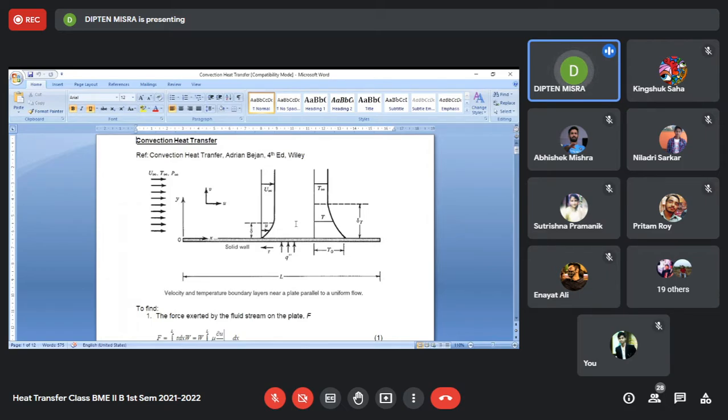And there may be different possibilities. This is one such case that we have shown. There is a solid wall, and in this wall there may be a constant temperature, or maybe we do not know the temperature of the wall, but we know the heat flux from the wall. The wall may be a horizontal one, or a vertical one, or an inclined wall,